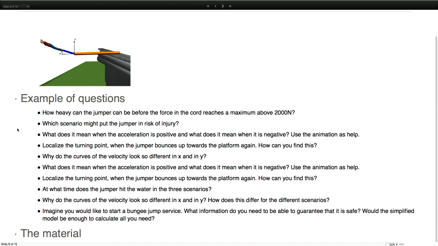At what time does the jumper hit the water in the three scenarios? So obviously there were three scenarios before them when you try it and hit the water. Those types of questions, some of them have a specific answer and others are more about discussion, getting the concepts and ideas of physics. And if we look at the material then,